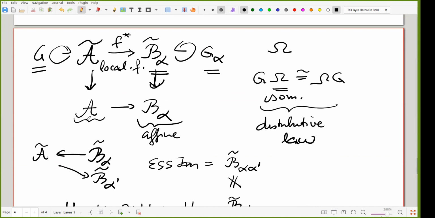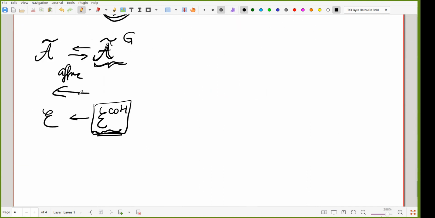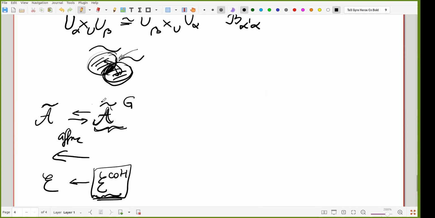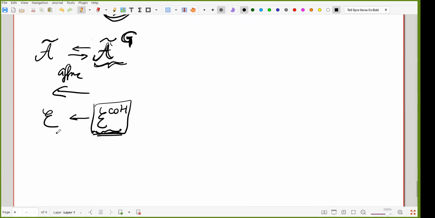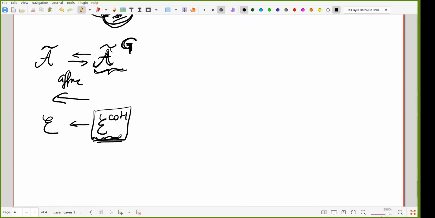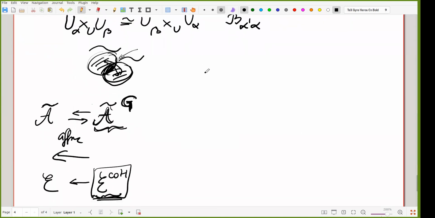That's a natural condition. In the affine case, this is exactly the situation if this comonad is induced by the coaction of a Hopf algebra. That's a theorem, an easy theorem with what we know nowadays. For those who are in commutative geometry, what is the analog of this? If I have E